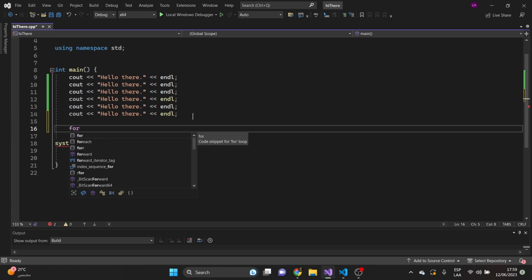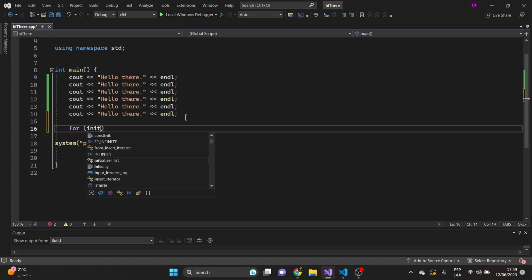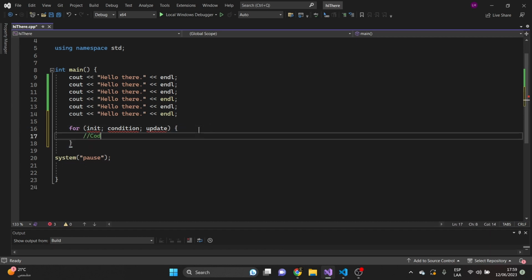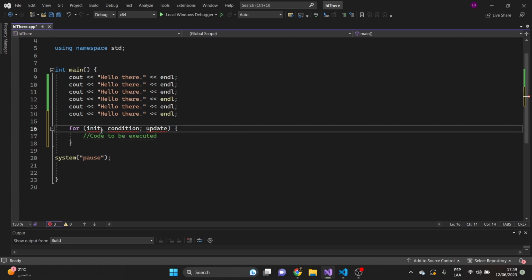The syntax for a for loop is the following, okay? First of all, we need to initialize the variable. Then we need a condition to check and execute the code inside the block of code, and to update the loop. Now, with the curly braces, we got here the code to be executed, okay? Fine. First of all, in this case, we just need to go and say,